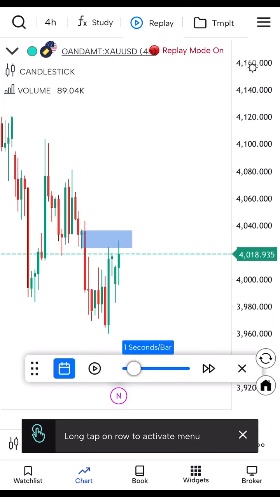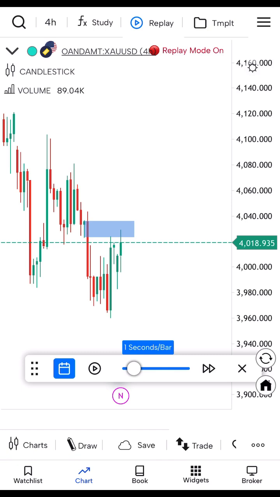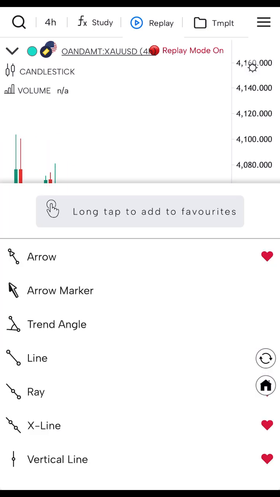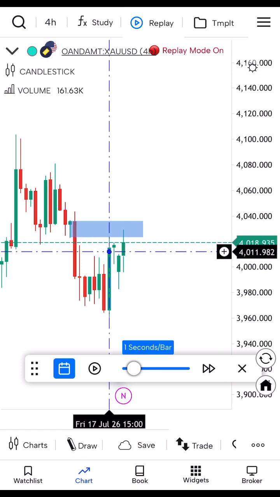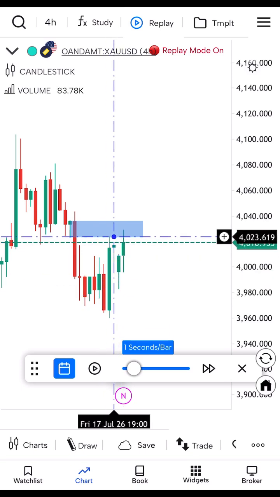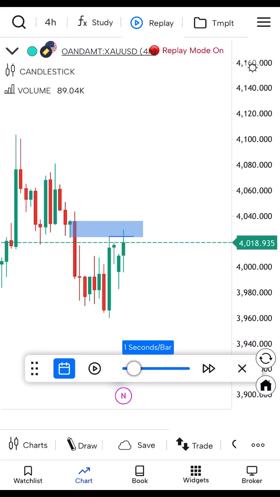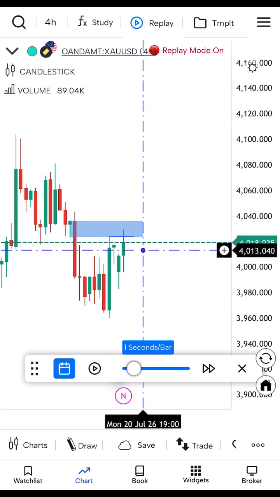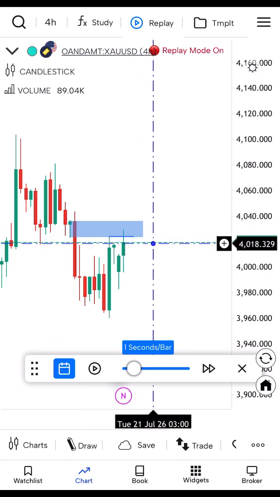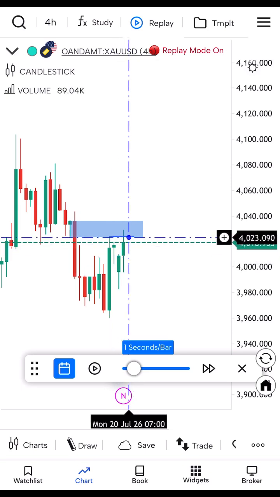So price was pushing into it pretty correctively, and if we zoom in, you will see that price failed to close above this huge bullish candle. It only left a wick right there, and then it created this type of candlestick that shows indecision. You have almost equal wicks at the top and at the bottom. This shows that price is in a consolidation phase, and at the same time it has swept